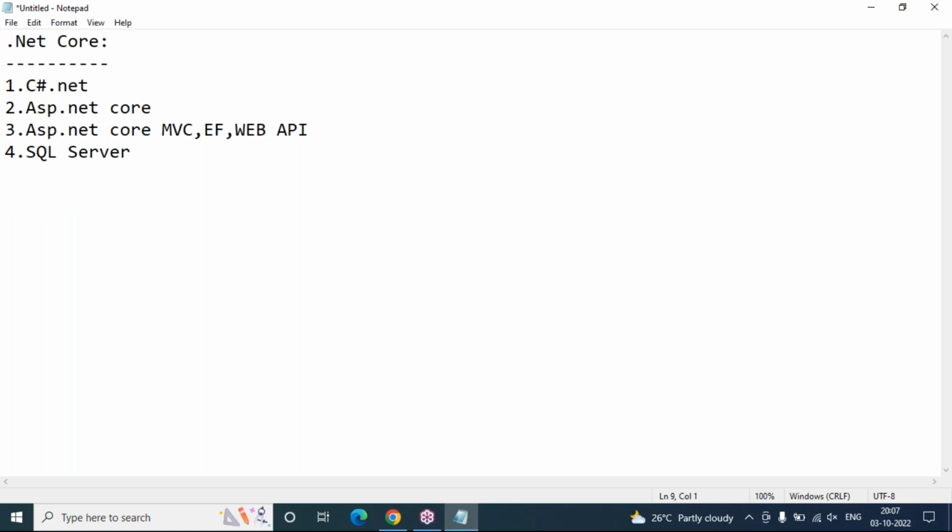So let's try to give the introduction to .NET. As I said in the last session, C#.NET is a programming language generally used to write the coding part for application development. Whereas ASP.NET is not a programming language, it is a web technology or server-side technology, like Active Server Pages. ASP.NET with .NET Framework is there, and ASP.NET with Core framework is there.